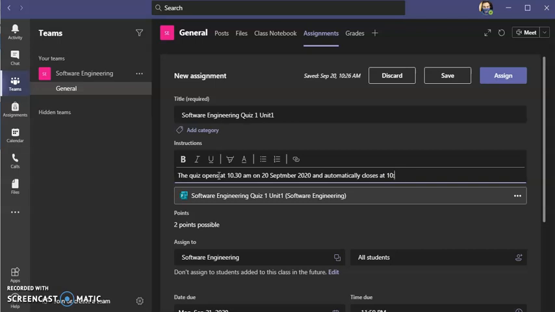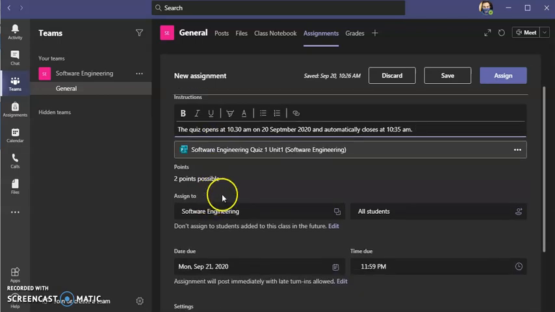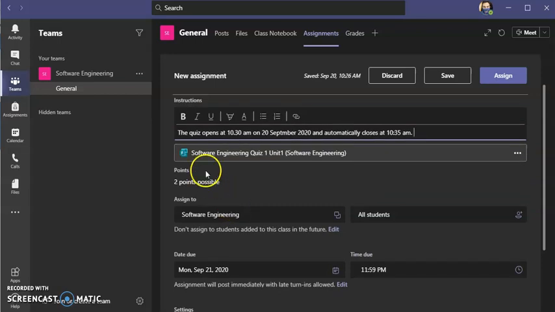Okay, so you are conducting this quiz only for 5 minutes. You are telling the students that it automatically closes. I have created this quiz and I have given only 2 questions there. So that's why it shows 2 points possible.